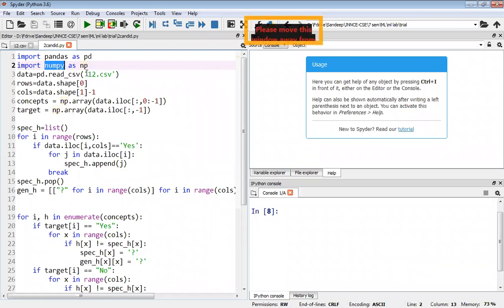So if you import NumPy, we can make use of arrays in our programs. Arrays are not available directly in Python, but if you want an array for any operation, it is available in the NumPy library. Is it clear?